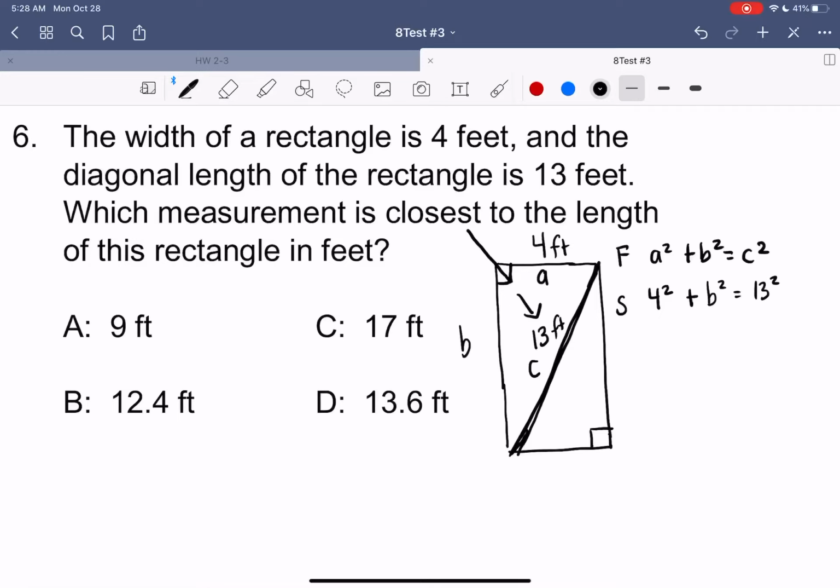And then when I simplify this, I have 16 plus b squared equals 169. So I have to get b by itself, so I'm going to subtract 16 from both sides. This will become 0. And I'll have b squared equals 9 minus 6 is 3, 6 minus 1 is 5, and 1 minus 1 is 1. So once again, we have b squared, but it needs to be just b. So in order to unsquare this, we have to take the square root of both sides, and we'll get b equals